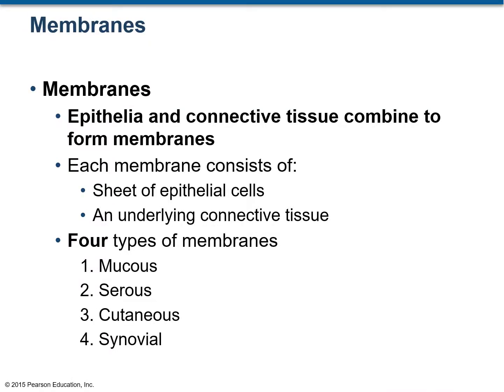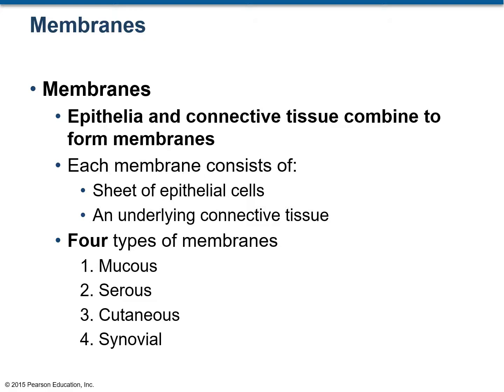We have covered all 4 types of connective tissue now. We are done with epithelial, connective, muscular and nervous tissues. So now we move to a topic called membranes. Membranes are very important, as you will see in the future lectures. Every organ inside your body has protective membranes covering it.